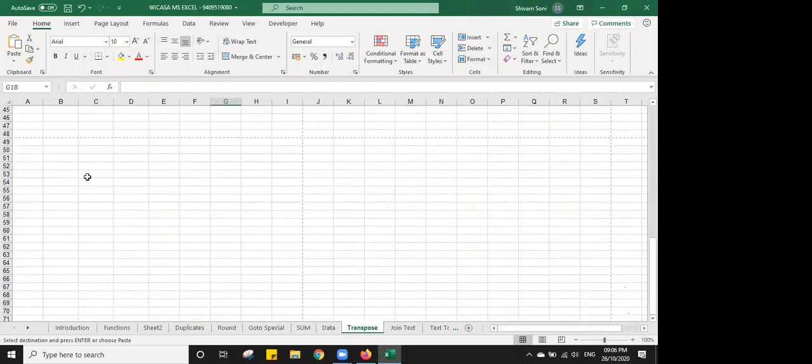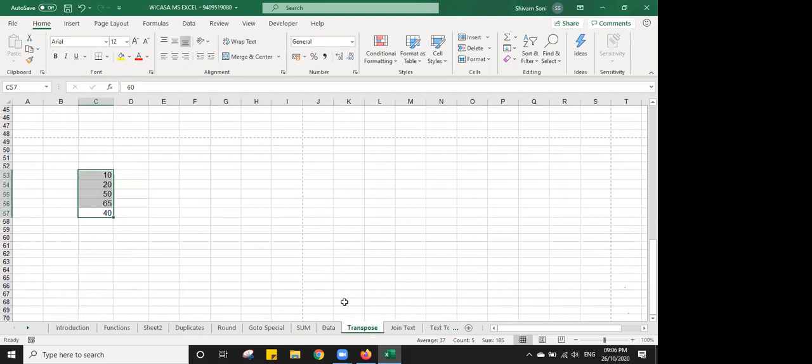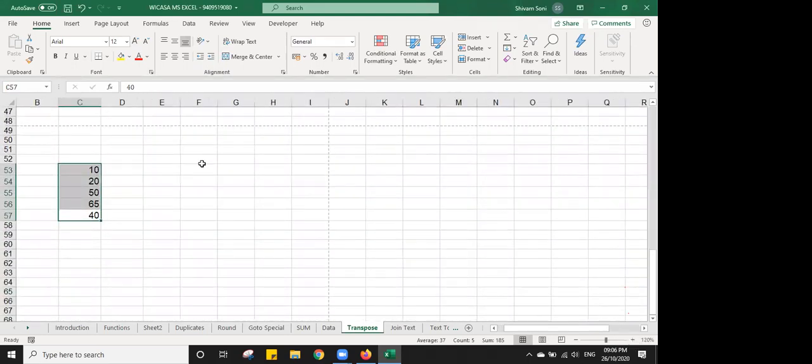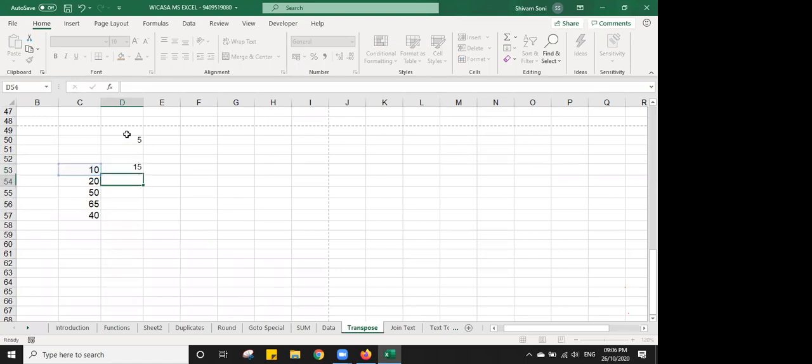Another best option we can have is, suppose I have some formulas and values written over here, and I want to add a random amount to this. Suppose I want to add 5. So what I can do is simply add 5 to each one. Another option available with us is, if I want to add this 5 into this data only, I can copy it,